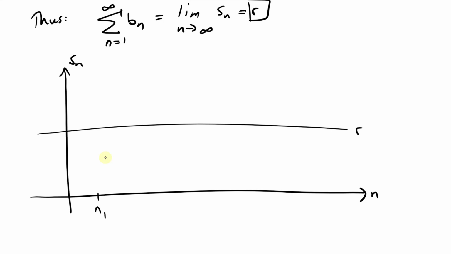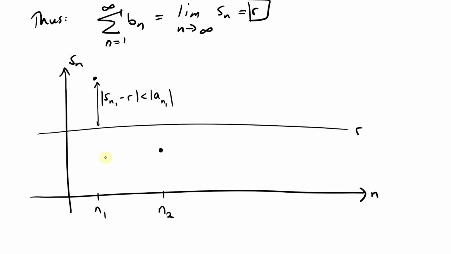Let's call this n1, there is a specific number of terms there. And let's say initially it's greater than r. So this difference right here is going to be Sn1 minus r, absolute value of it, like that. That's the difference. And then eventually we're going to get to a point here, because we can construct it any way we want, such that it's over here, and such that we're going to get it up to this point here. So we construct this such that this is going to be less than